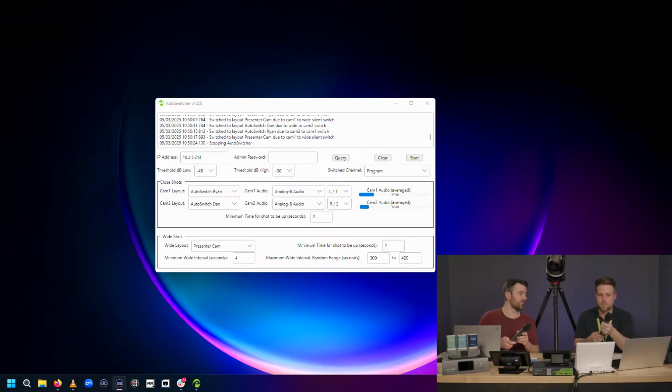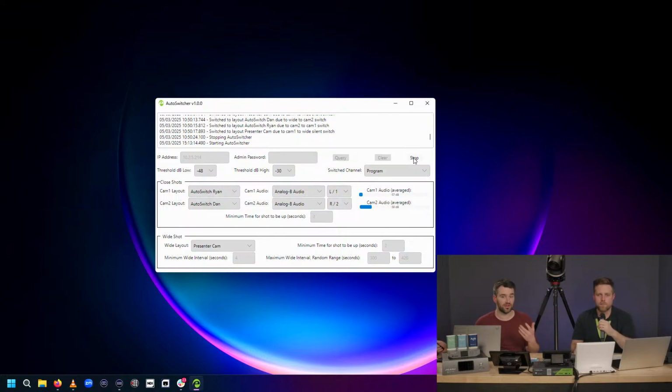But you want to turn your microphone on there. You turn it up a little bit. There we go. And then if you press start in the application, it's going to look at the levels on the mics, and it's going to switch between them. So I'll start talking here in a moment. It's going to switch to me. But then if Dan starts talking, this is pretty cool here. Then I can start talking again, and it's going to come back to me. And if none of us talk, it goes back to kind of a regular view.